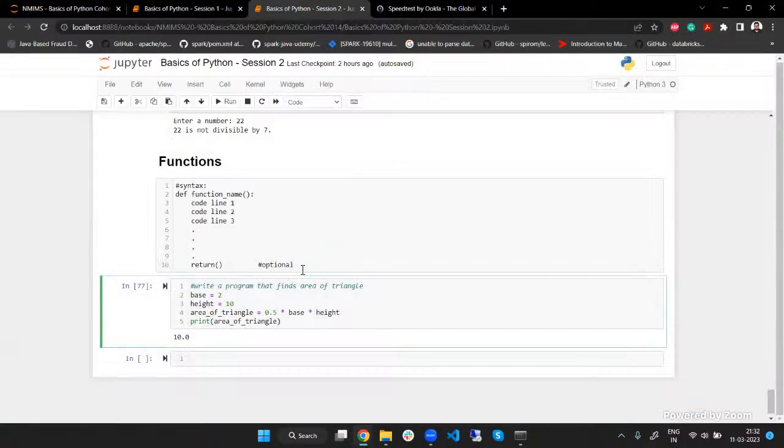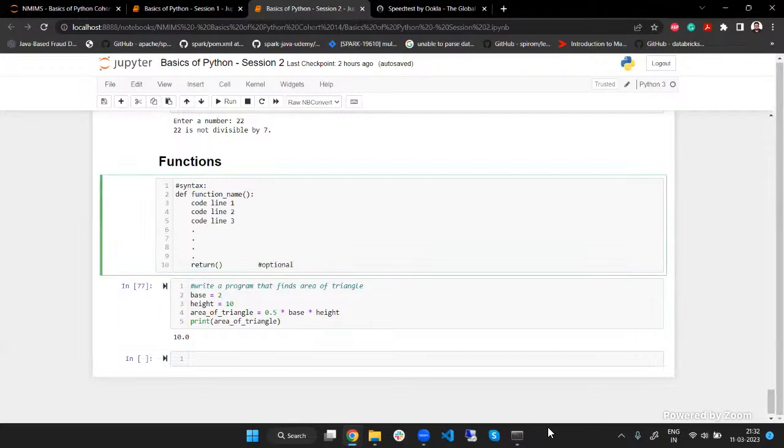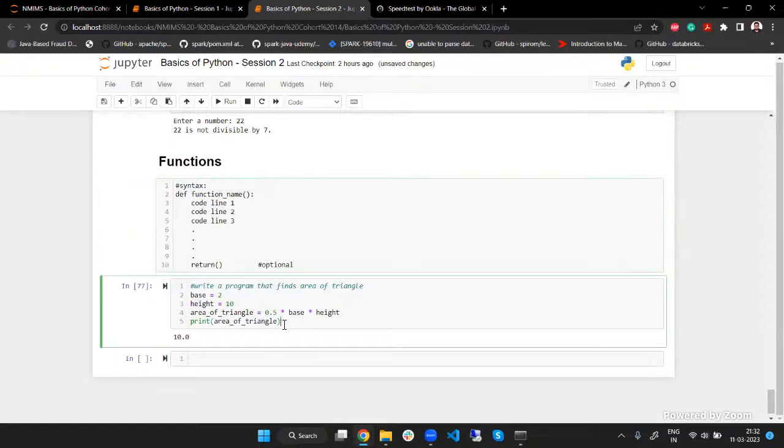Okay, so this is what happens in real time. A particular block of code is used a lot of times in our entire project. So it is not feasible to write it again and again, as you might have seen just now. So the code